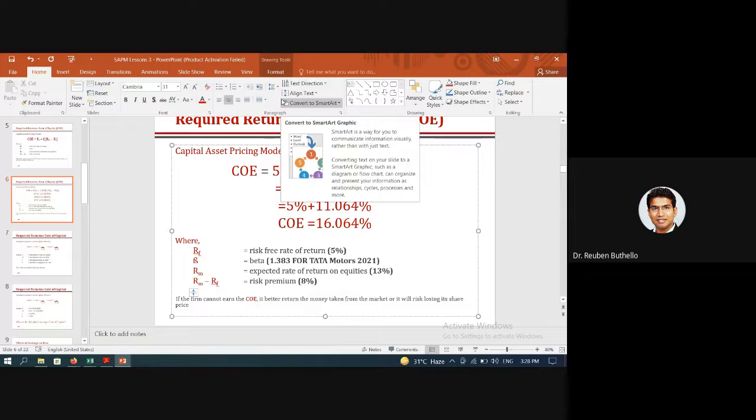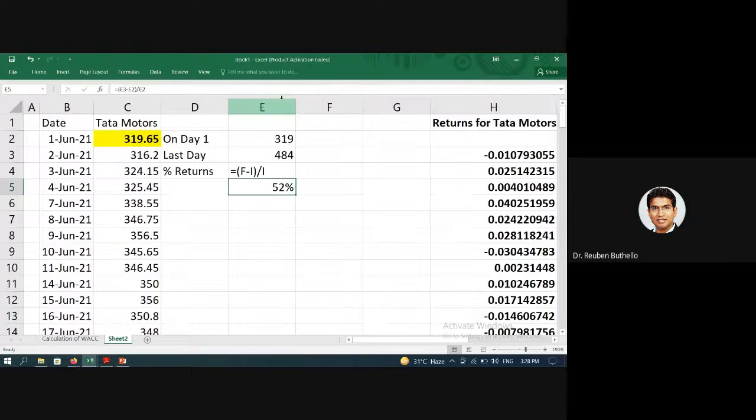Are you understanding what's happening? So in fact, this becomes a nice way to see when you want to exit the company. Suppose I expect 16% returns for my investment for 6 months from the capital asset pricing model. If I see that I'm getting more than 16, three times what I expected, now is a good time to encash it. I can just encash this money, use the money somewhere else, reinvest it in another stock. So you see how the capital asset pricing model helps you decide whether the timing is right or wrong. Although it's not supposed to be used like this, this is one of the additional bonuses that you can use it for. Clear?